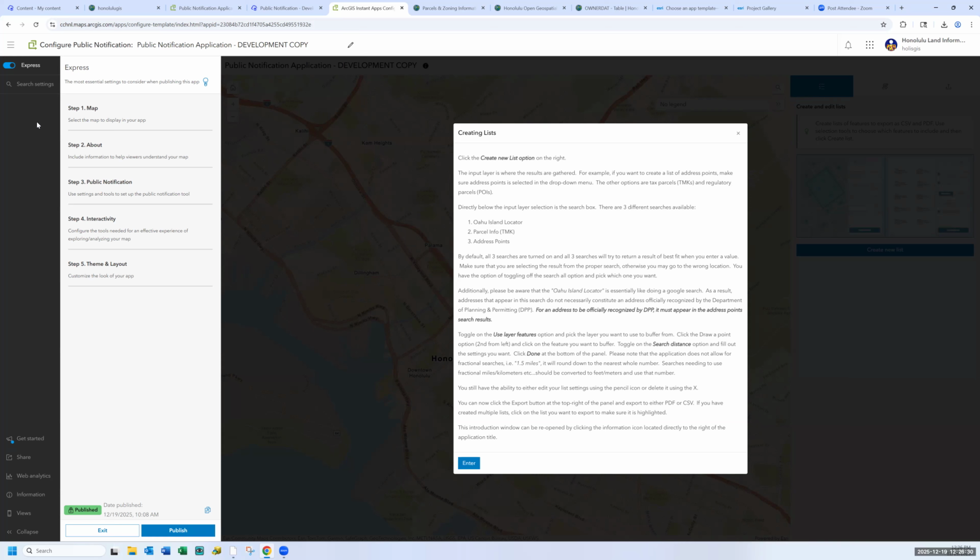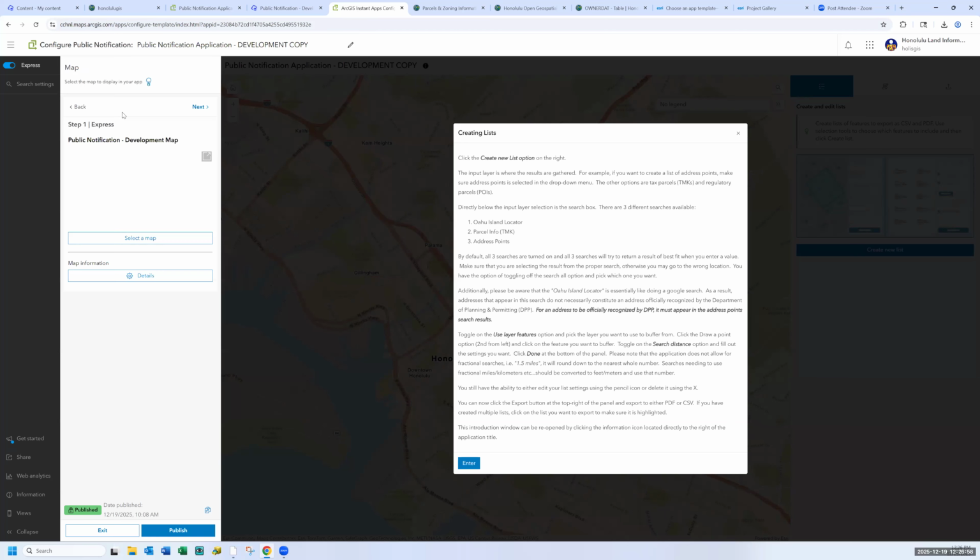So if you're newer at producing instant applications, maybe you could just leave the express mode on at the beginning. Once you go through the initial checklist, you can take notes or think in your head, what else do I want in this application that wasn't available in express mode, and then toggle it off and find where those features are once it's turned off.